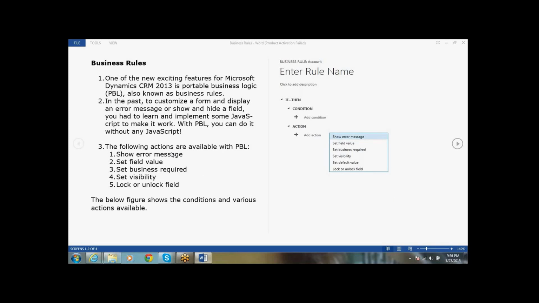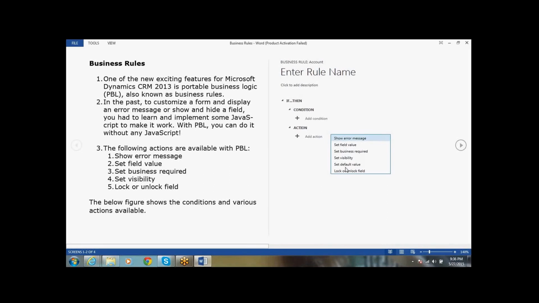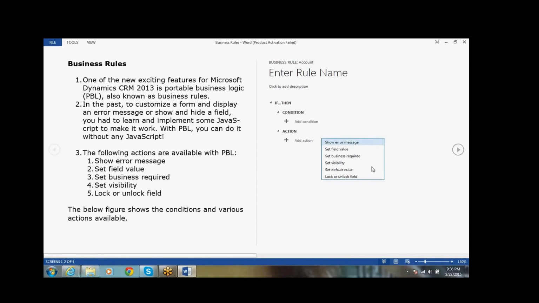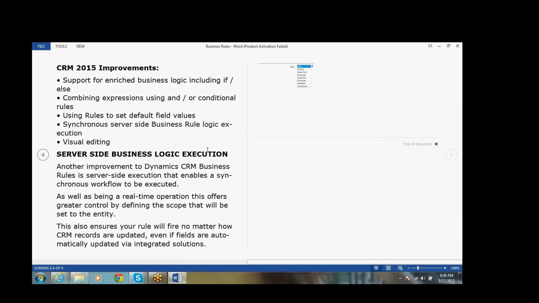So these are all the functionalities we can achieve. If you see the image, this is the business rules, and here you can see the actions we can perform.